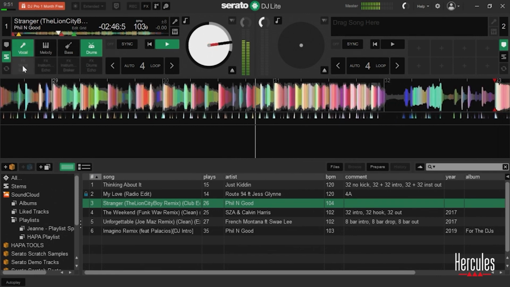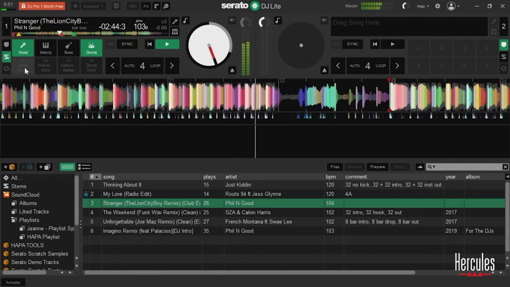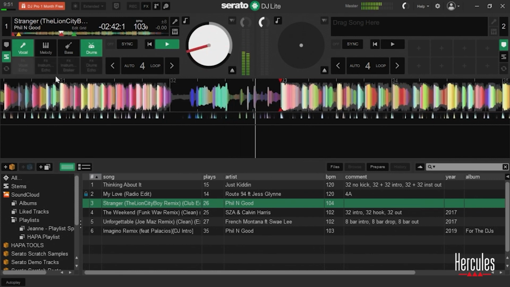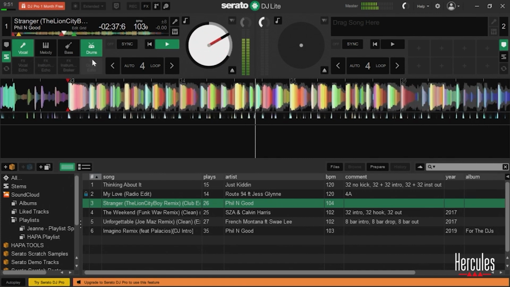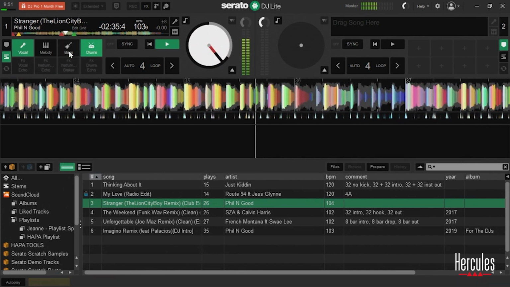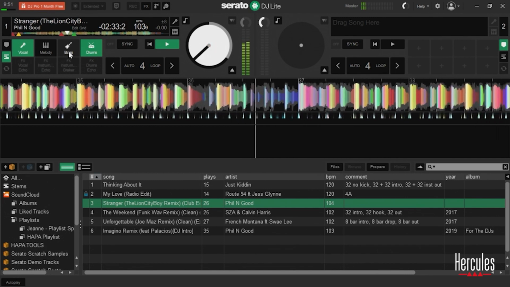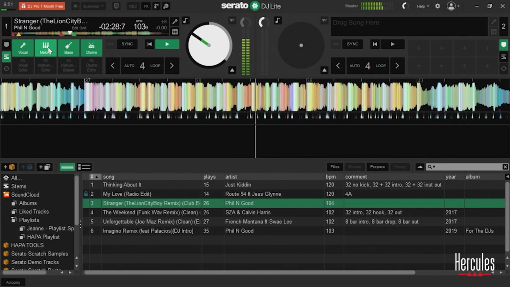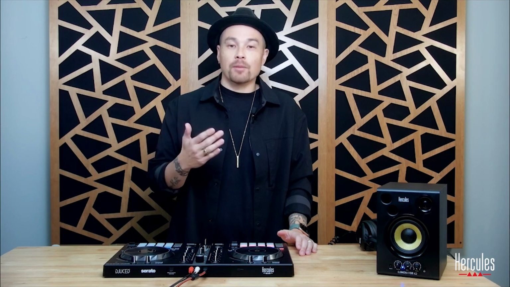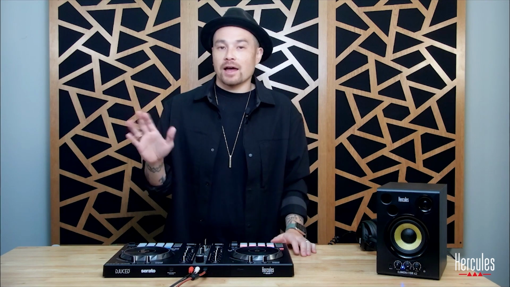Now the one thing I can't do is I cannot actually use the effects for each of these. It's grayed out. So you'll see that when I try to do that, it encourages me to upgrade to Serato DJ Pro, which is a pretty cool feature. I'll show you what that is later. That is awesome. This is not something that you could do this easily even a couple of months ago. So the fact that this is here is incredible. I highly, highly encourage you to check out stems.